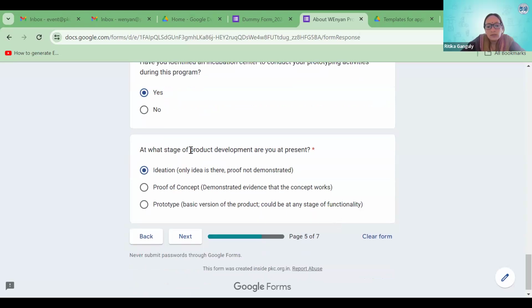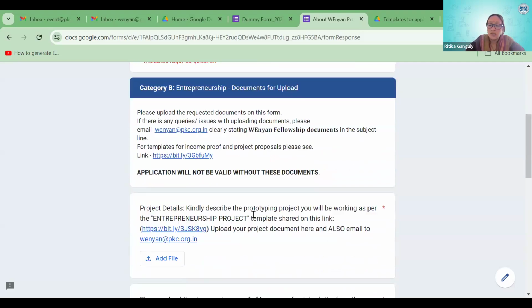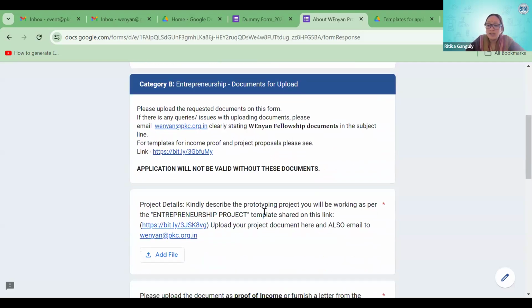Now, at what stage of product development are you at present? I had explained there are many: ideation, proof of concept, and prototype development where you are going to scale it up, right? So if you are already aware of these 3 stages, it's okay. If you are not aware, you're probably in the ideation stage, which is the first and earliest stage of product development. Ideation means you have a concept. You have developed how you're going to do something, and you're going to test it in a very small space of your test tube and a laboratory. You're going to do a very micro testing of how you're going to do it